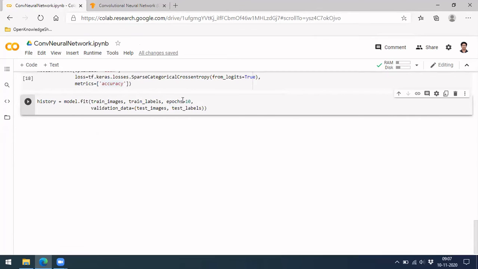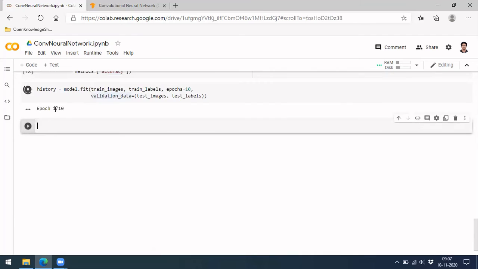And you can mention how many epochs you want, and you can do the validation parallelly for each epoch, in case you want to do it that way. In our last implementation example with the dense layer, we did not do this part here. Instead, we did it later with model.evaluate, and that gave us the metrics. Now, if you provide it within this value, it will be done every epoch. So let's try running it and see what happens.